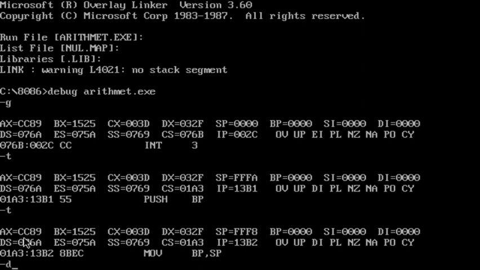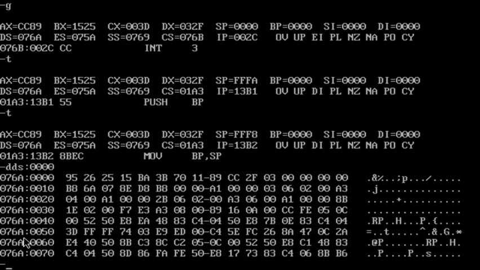Otherwise you can go for another operation, DDS, display data segment colon 0000. That displays the first initial